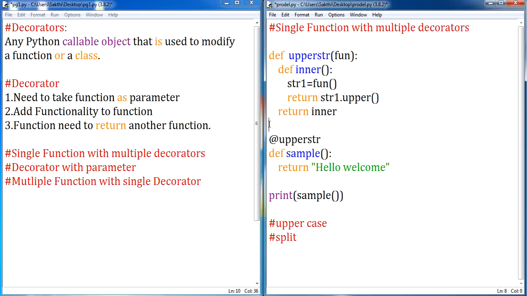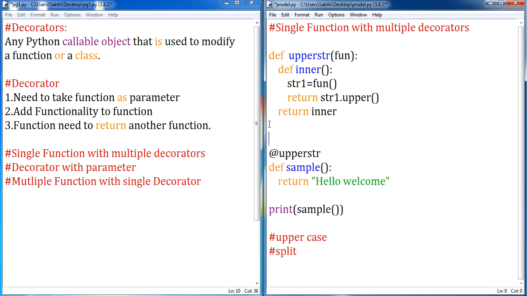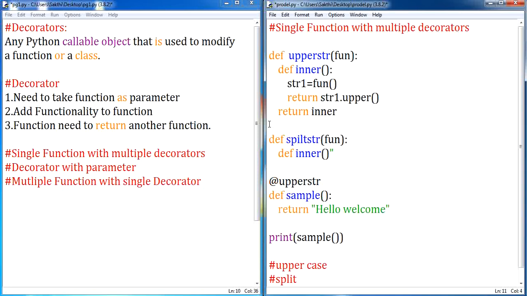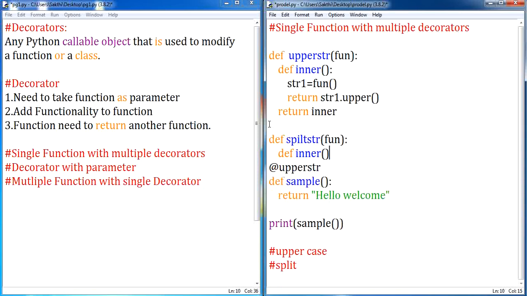So let me go ahead with the implementation of one more decorator, def, and let me give this particular function the name split str, and let me receive the function which I am going to decorate with the name fun, and I am going to have an inner function, the same as we saw previously. Inner is a name which I am giving. You can use any name you are comfortable with.